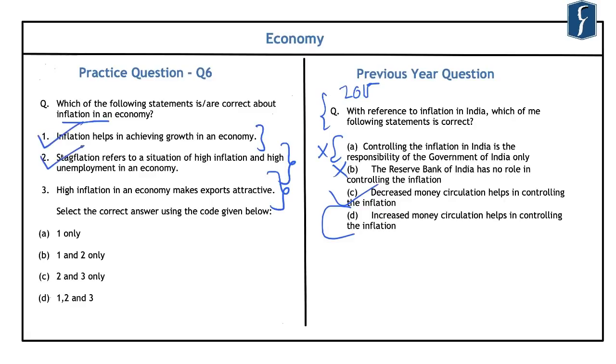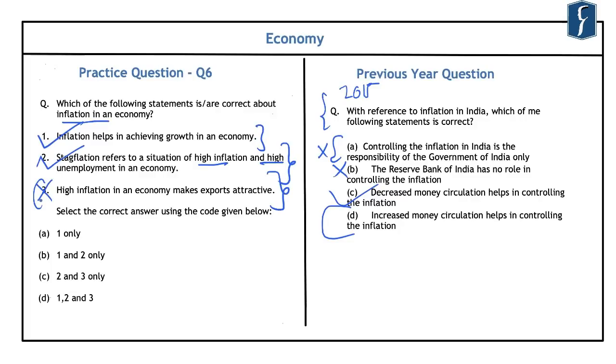Again, the second statement that is given here is correct because stagflation refers to a situation of high inflation coupled with high unemployment in an economy. So when the inflation is high in an economy, and when there is high unemployment, it is referred to as stagflation. Then the third statement that is given here is incorrect because when there is high inflation in an